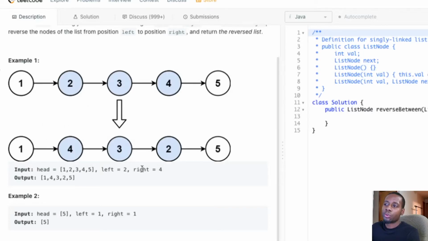And then we're also given some parameters, guys: a 2 and a 4. So pretty much a left and a right boundary, which lets us know which sublist. The left integer is the starting position, and the right parameter tells us the ending of the boundary. And they're inclusive, the range that they want us to